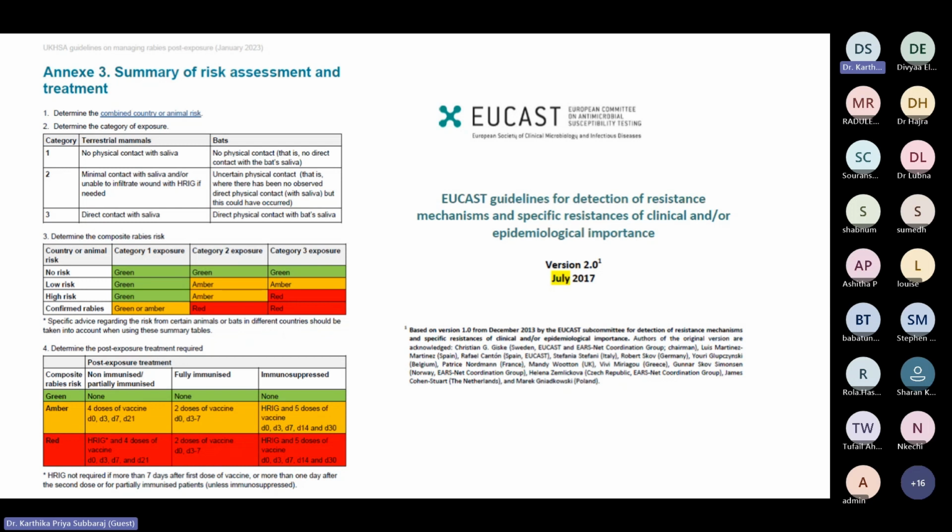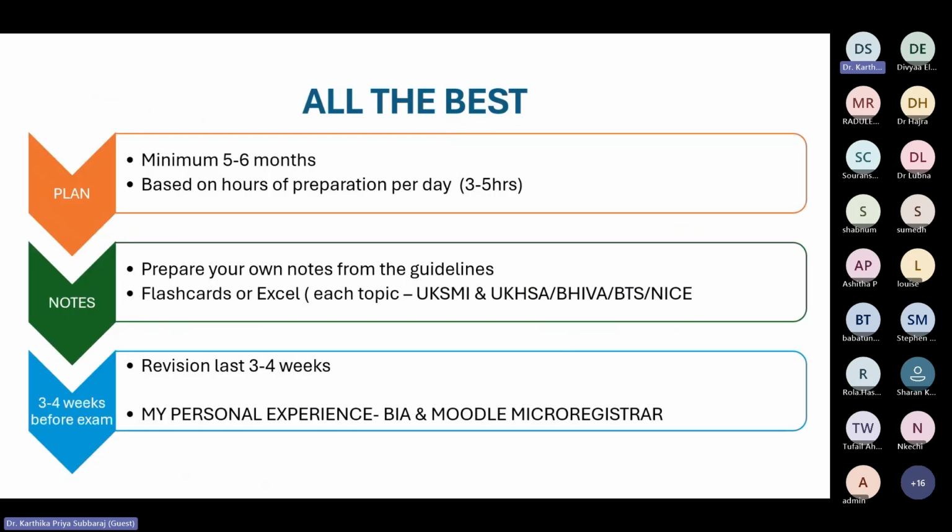And this document is very important from UCAST, that is detection of resistance mechanisms. You can use the Moodle document, which is also very easy to follow for ESBL. They can give an antibiogram and ask us to select whether it is class A, B, C or D kind of questions for ESBL. So you need to remember all those sensitivities and how you detect ESBL.